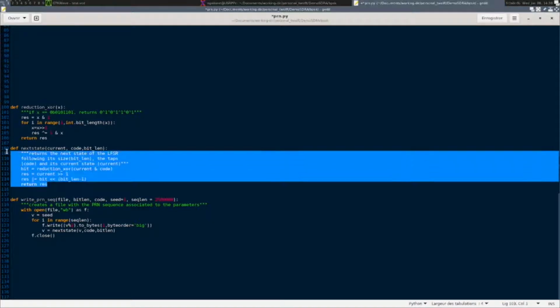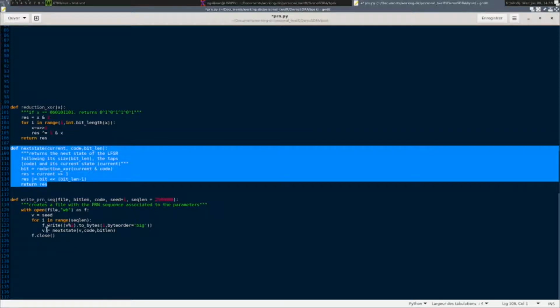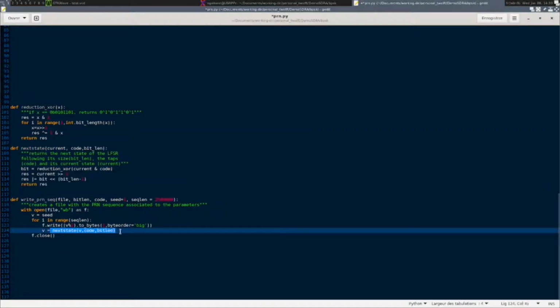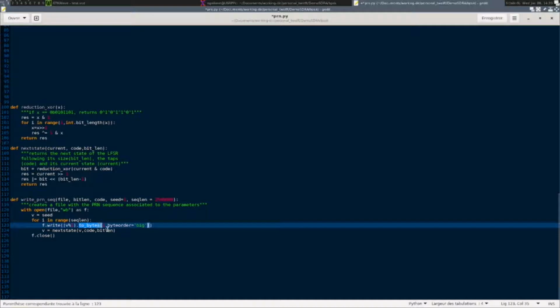Once we define this next state function, we use it to write inside a file. We write it to 2 bytes so that another program can read it, and we are done with the generation